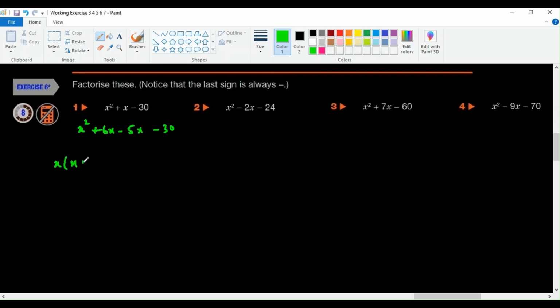So x and x plus 6 comes in one bracket, x plus 6, something like this. Look at the third one, minus 5. So x minus 5 and x plus 6 are two factors for this expression. For 24, I need to have factors that gives us 2. So 1 times 24, 2 times 12, and 3 times 8, and 4 times,